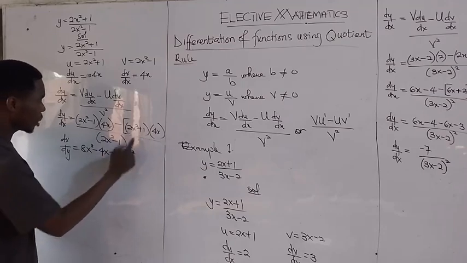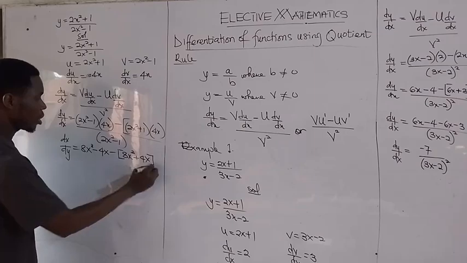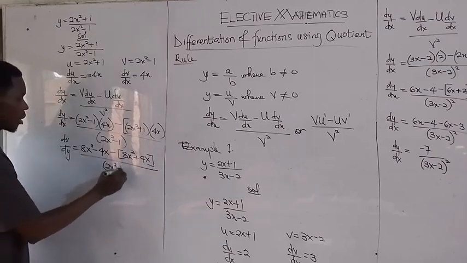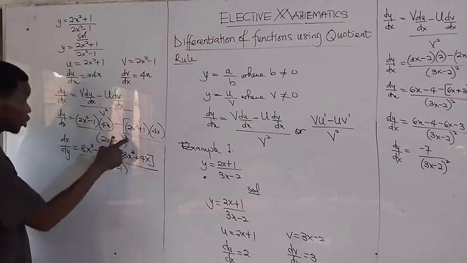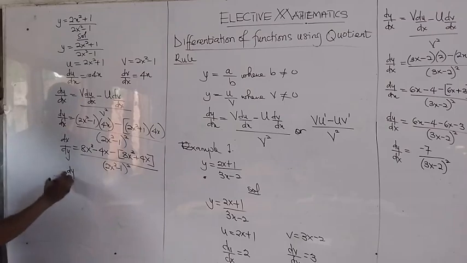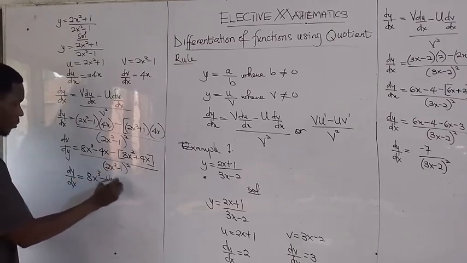Then this will multiply, giving us positive 4x, all divided by 2x squared minus 1. Sorry, there should be squared here. Squared. Then our dy over dx is equal to, you still have to expand, 8x cubed minus 4x minus,